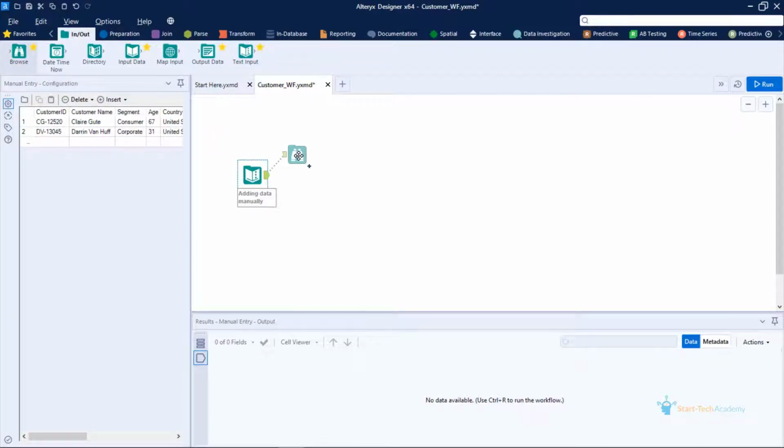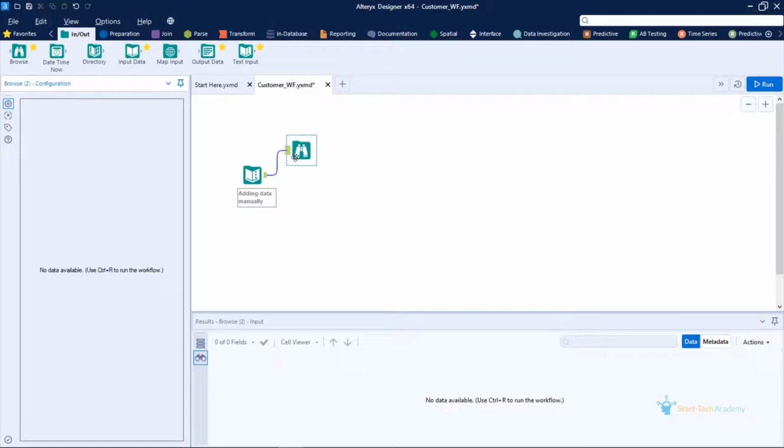Drag and drop it. Now notice that I'm holding this step just in front of the previous step, and you can see this dotted line which is suggesting that the output of the previous step is getting connected to the input of the next step. This is a connection between the two tools, and this suggests that the previous tool is sending data to the next step. Drop it here. The browse tool helps us to see the data coming from the previous step. Not only that, the browse tool also shows us some important statistics related to the data coming from the previous step. So let us check out the information in the browse step.